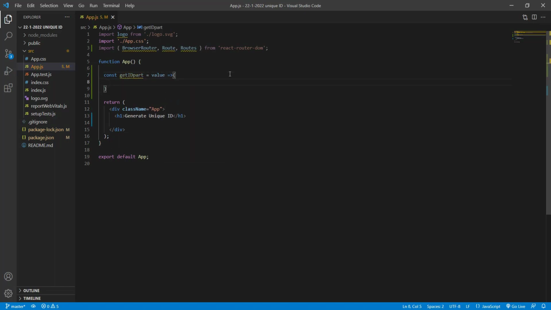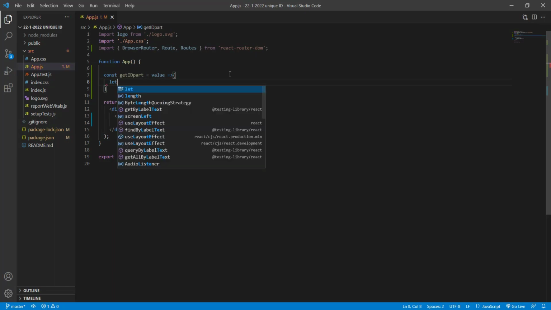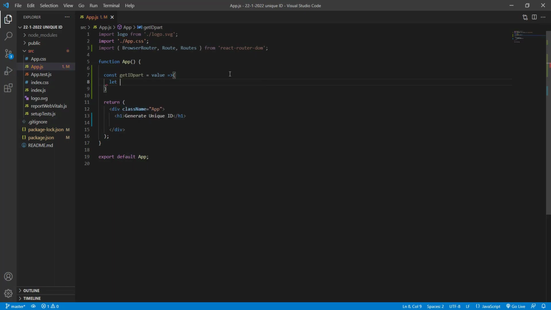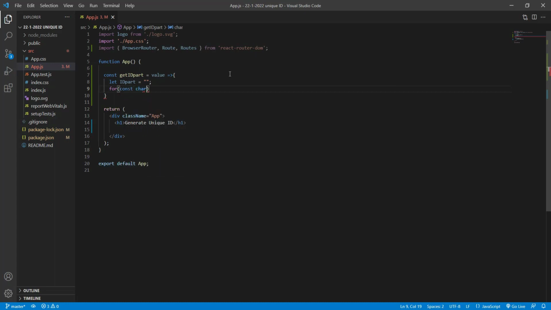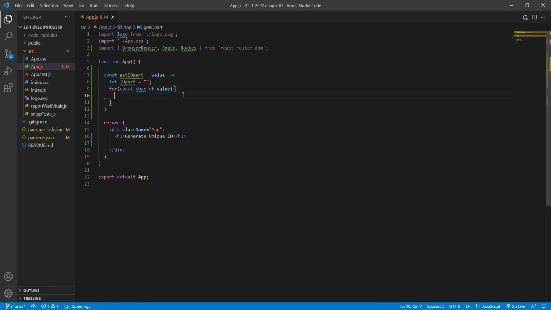and then let our ID part will be ID part is empty, and now for each character of our value and it will generate our ID part